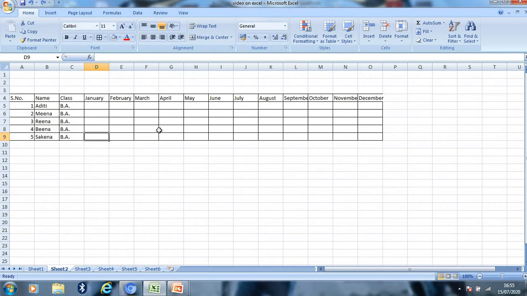Now inserting and deleting cells. How can we insert or delete cells?